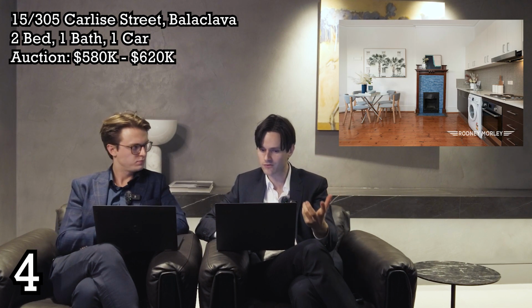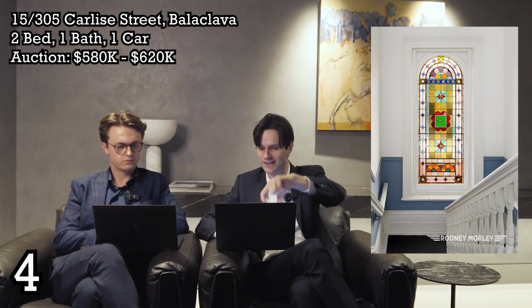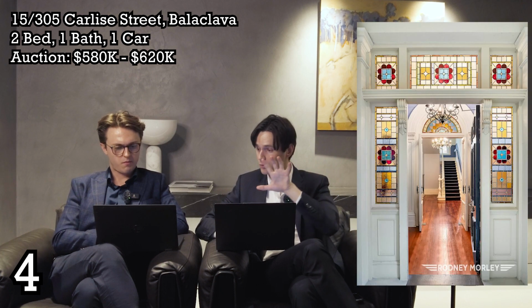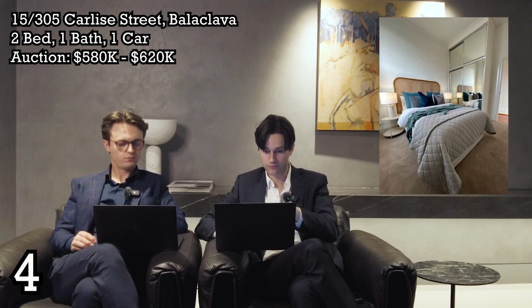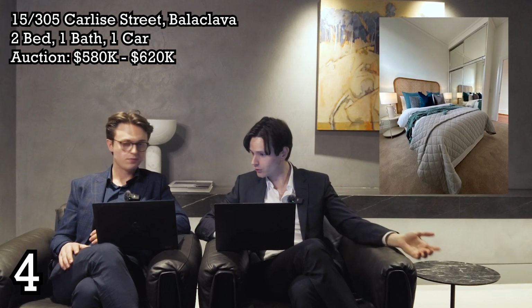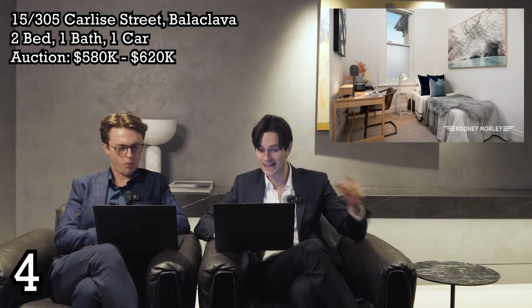Because of the way of the property, it might not have a lift. I'm not sure. You'd have to do your due diligence, but it looks like it's got stairs at the front. We'll pop up one photo with a stained glass, beautiful window. You can see the stairs, which are original stairs of the property, but that's now common area, I assume. Faces north, Ben. Beautiful north-facing frontage, and your one faces north too, so you're going to get sun all through the day. Last sold for